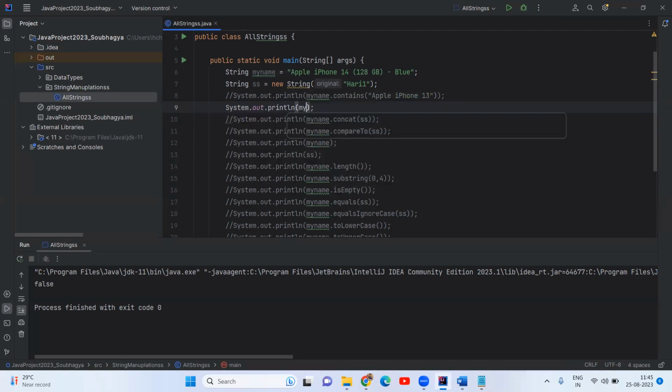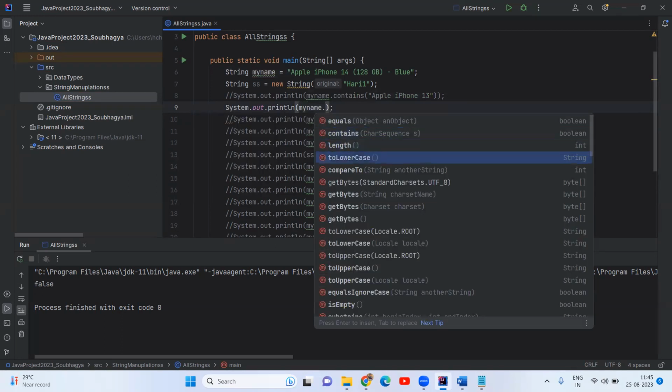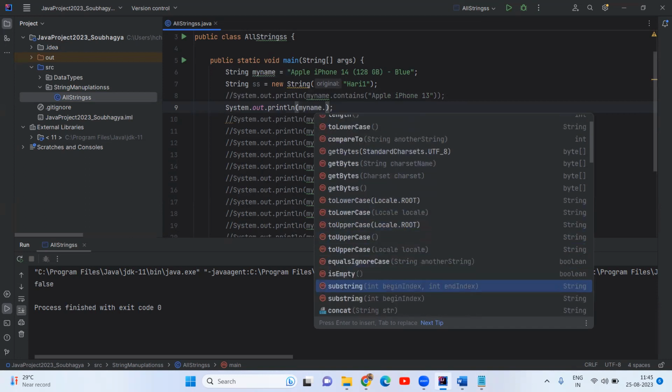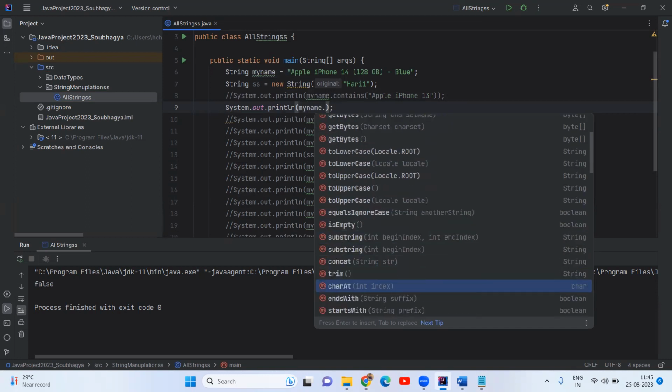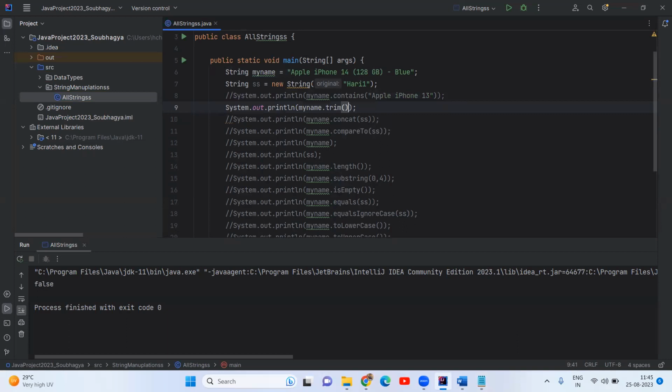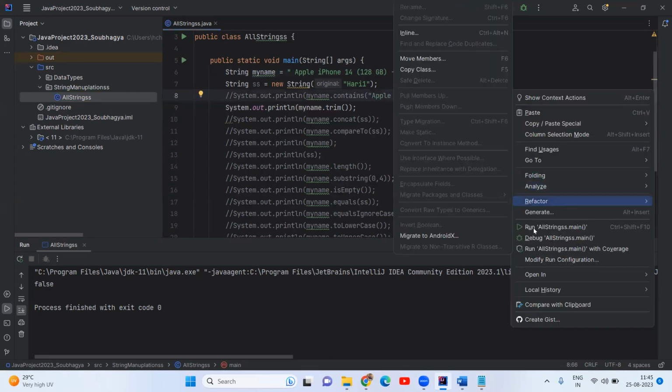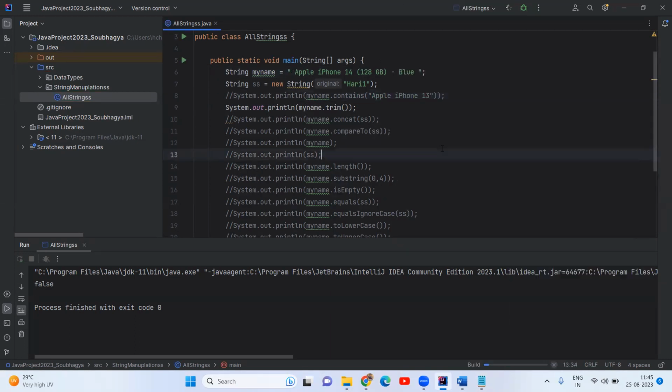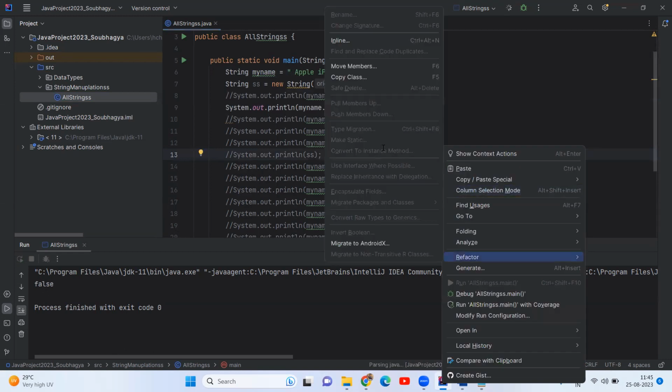System.out.println my name dot contains, equals, compareTo, isEmpty, trim, concat. Trim, what is trim actually? If we have spaces before and after, it will trim them, not in the middle. For example, if you want to trim some spaces before and after, it will give you